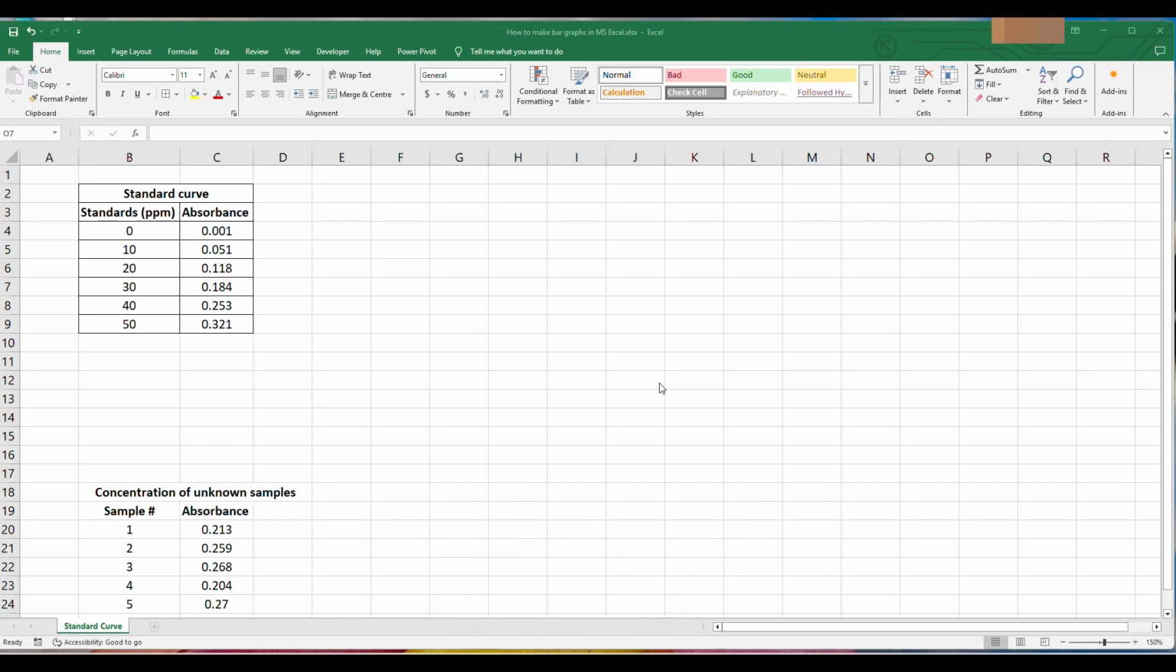In this video, you will learn how to create a linear standard curve to determine the concentration of unknown samples in Excel. Currently, you can see we have data about the concentration of standard samples and the absorbance of samples at particular concentrations. First of all, we select our given values, such as standard values and absorbance values, then